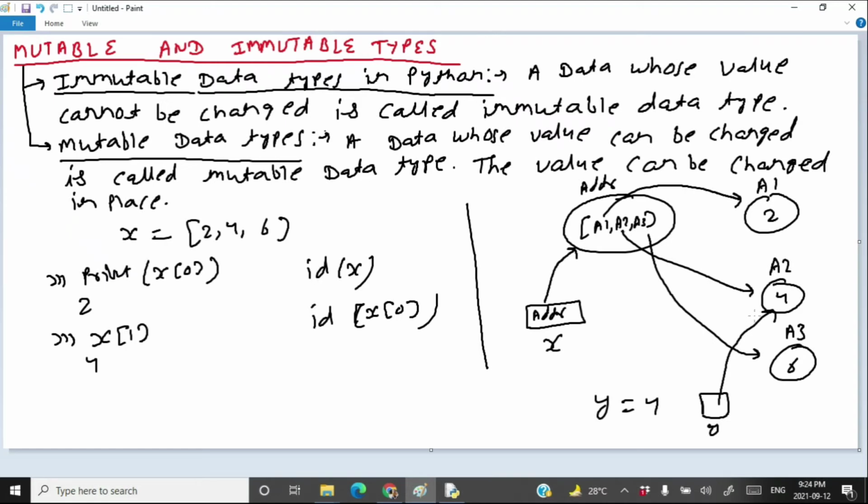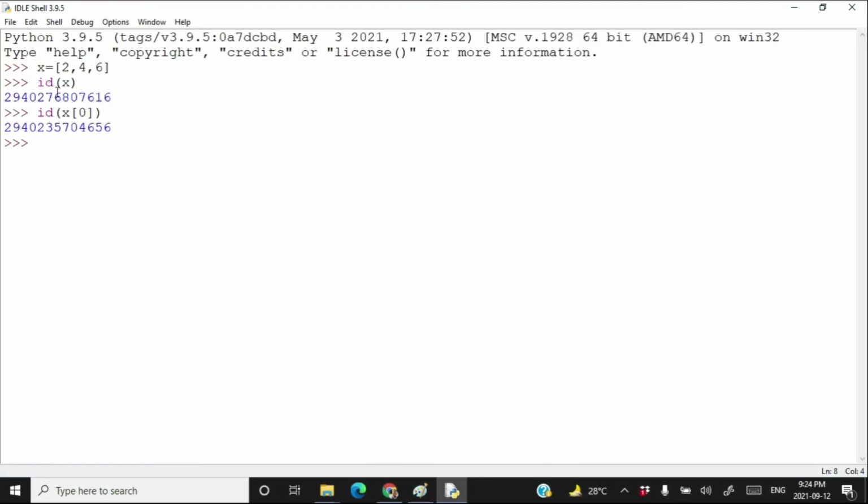Let's try it. So we got the address of x[0], which was effectively the address of 2. If I write say y is equal to 2 and check id of y, it is going to return the same address x[0] had. Both are containing the same address.